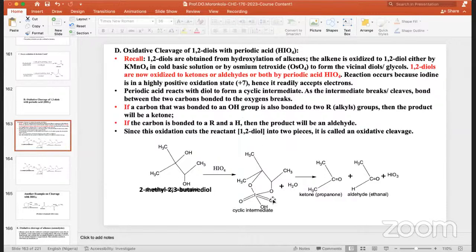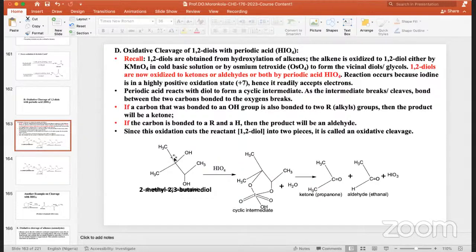We will read what I have up here. But when the breakage occurs, depending on the structure of the carbon-OH that we started with, if it is bonded to another hydrogen, like this, where my cursor is, this carbon-OH has another hydrogen, though I didn't put it there. It's this part of the molecule, when it breaks here, we now yield an aldehyde, and that's the ethanal. A CH3, two carbons. This side is what is responsible for the ethanal here, the aldehyde.